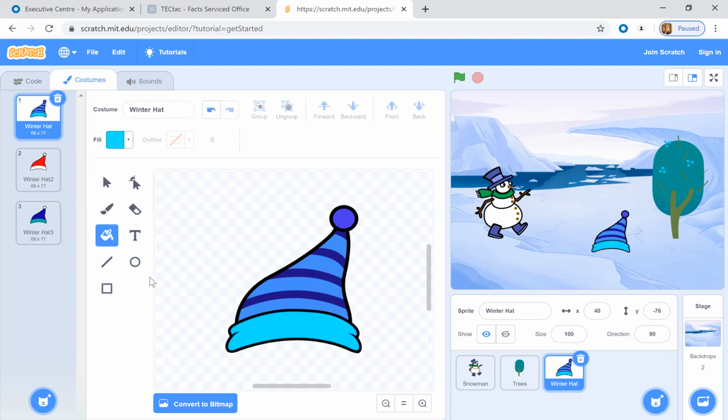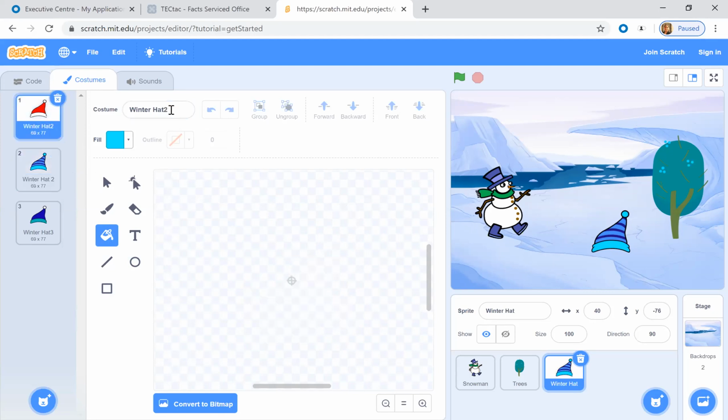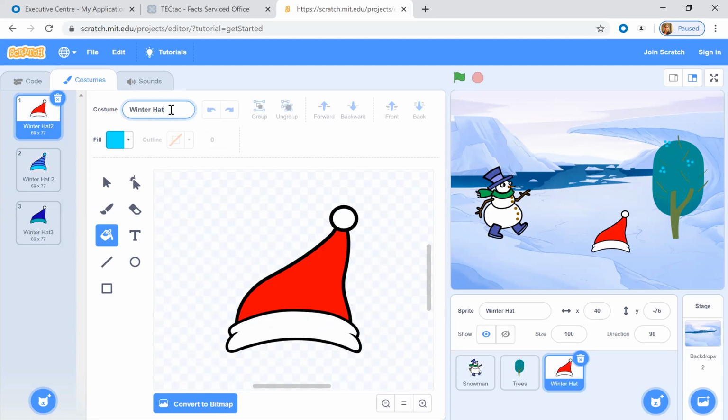Okay. So we have created 3 costumes. So what should I do? Anand, for you, whatever code we will do for this cap, you can do some other code. For example, we are going to change costume. You can change the size, right? You can change the color. The way you did it for the alphabet. All right. So now let's go to Ian's screen.